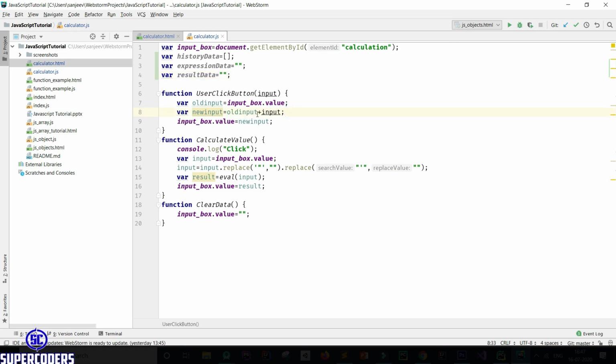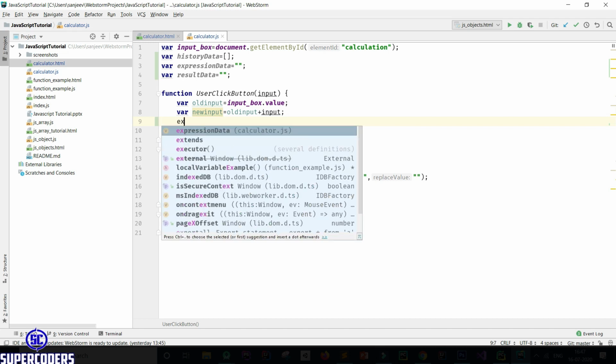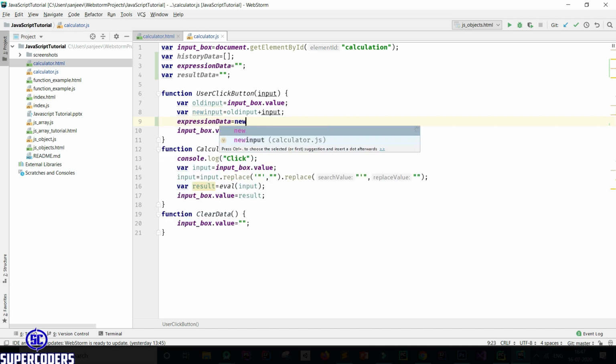Now let's see what I do. First, here I will store the value in expression data. You can see user click button is working as an expression for generating our expression. Here expression data equal to new input. So it's done.